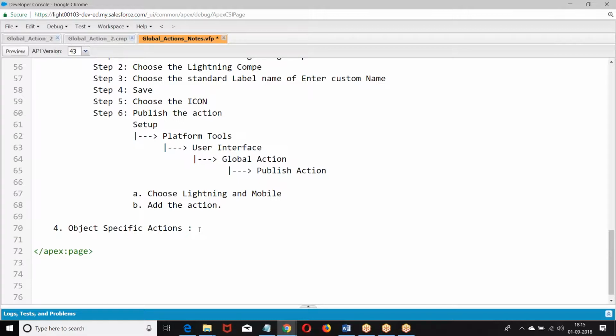If you want to create any new button or override any existing functionality, I can do it with a Visualforce page or a JavaScript. Overriding the standard functionality or building custom functionalities on the standard page is a concept. When I say object specific action, the same concept is available in Visualforce in the form of extensions. Okay, let me first give you that information, then I'll come back to this.